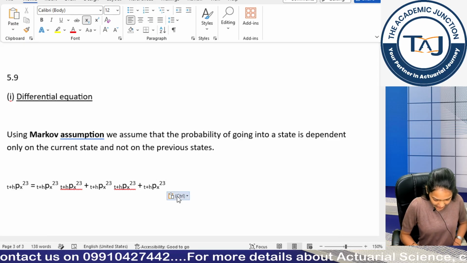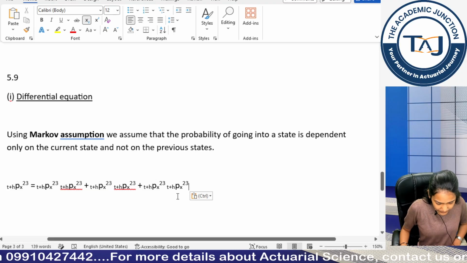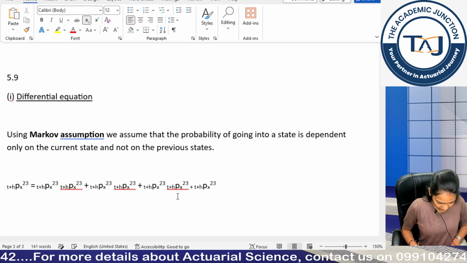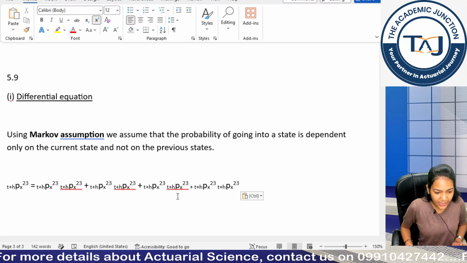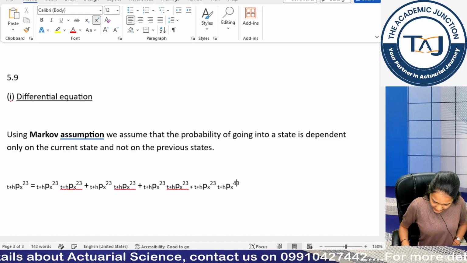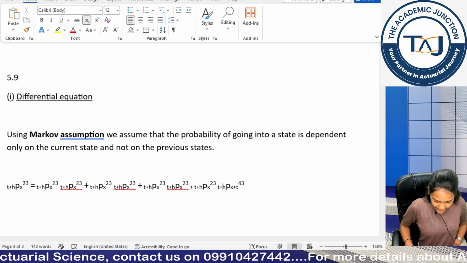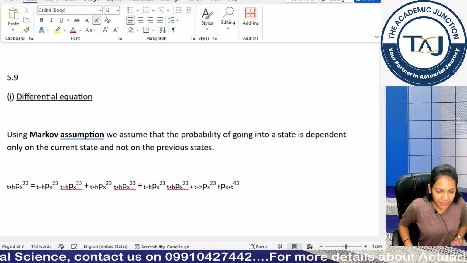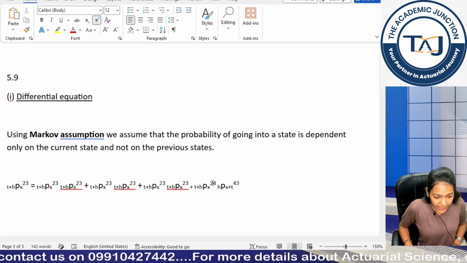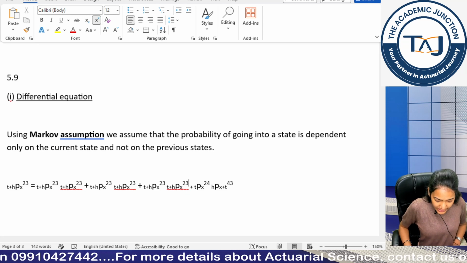So yes, let's write again, and we have this again, then we have this again, and then we have this again. Now changing from the end only. So we have at the end HP x plus t 43. First I will change this 4 3, and this I will make x plus t, and this I will reduce. Using my backward arrow key and my forward arrow key, I can simply change my values. Clear guys? A lot easier than writing the whole equation.